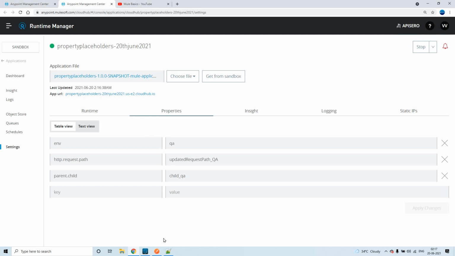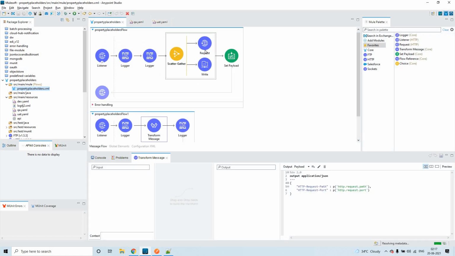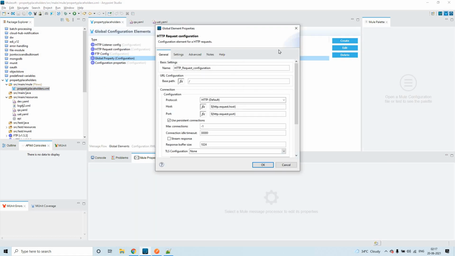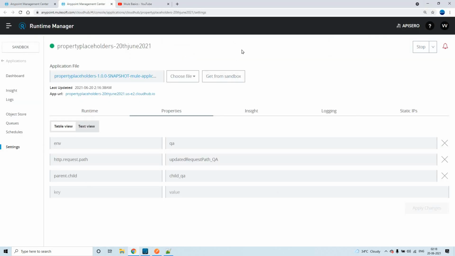In real time, you cannot simply configure static values in the configurations. It will be an overhead. As soon as the partner, or the entity you are trading with, changes some configuration details at their end, it's an overhead for us to change within the application and deploy to all the environments.